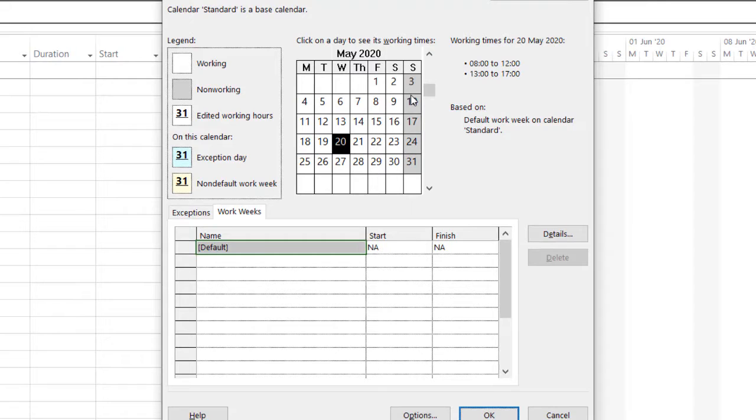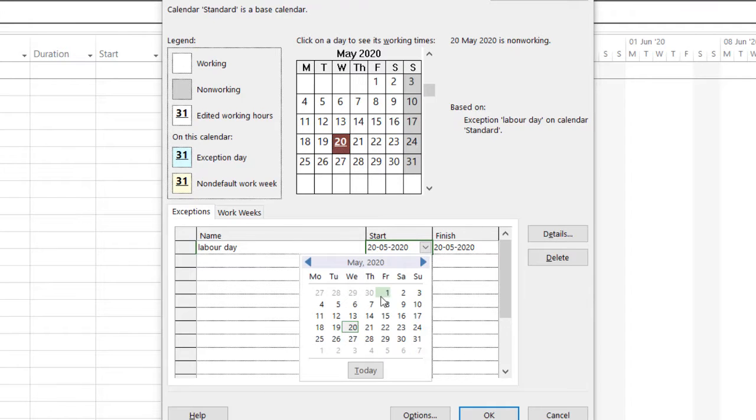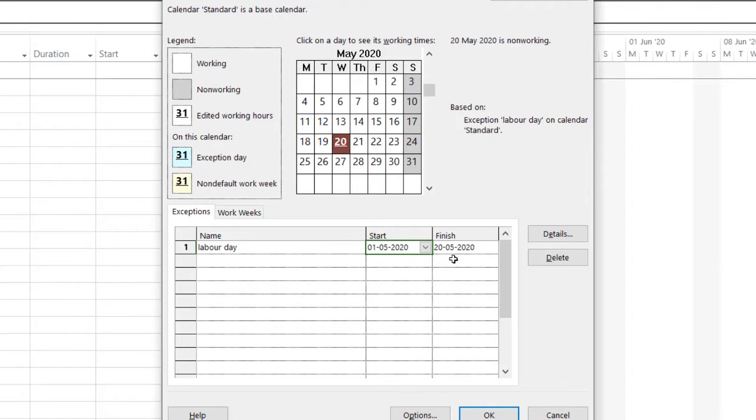So that means 5 days working, and on a particular day, in a particular week or duration, you may have to keep non-working days or exception days. At that time, just click on exception days and mention whatever you have. Generally May 1 is considered Labor Day, so I'll keep it as Labor Day. That is an exception day where that day will not be worked. Here you mention the day that is considered a holiday, so I'll select this. This will be considered your exception day, where on that particular day you're not working.